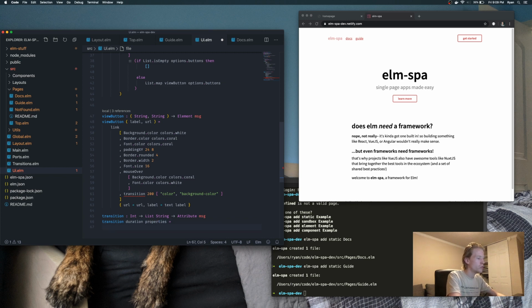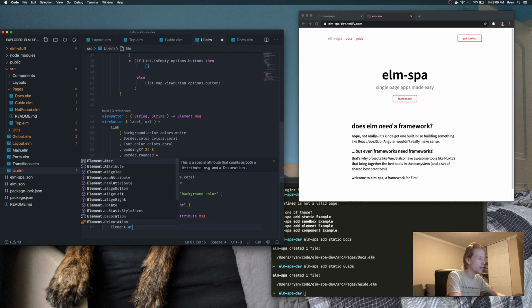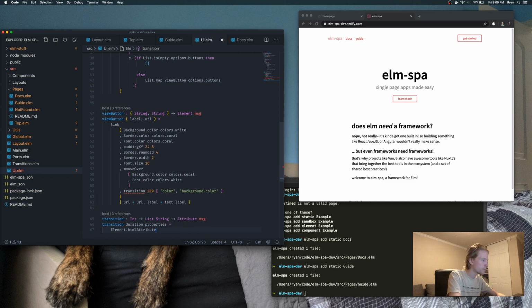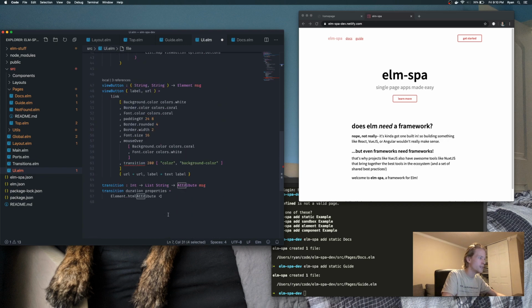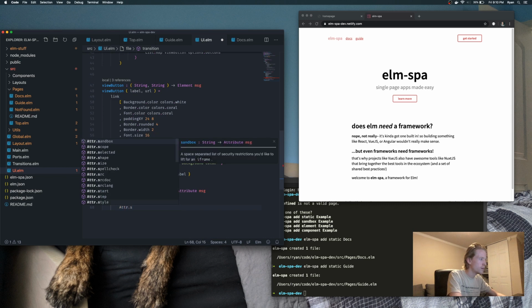And then what I can do with Elm UI is I can say element.attribute, and I can give it an HTML attribute and override and kind of use HTML and CSS where I need it. So I'm just going to say, let's import HTML, and we're just going to call the attributes thing attr so we can use it here. So I can say attr.style